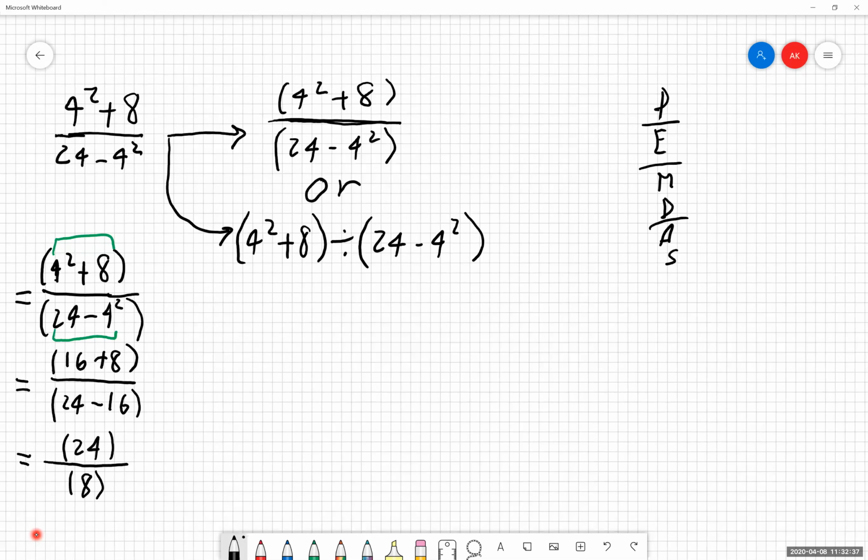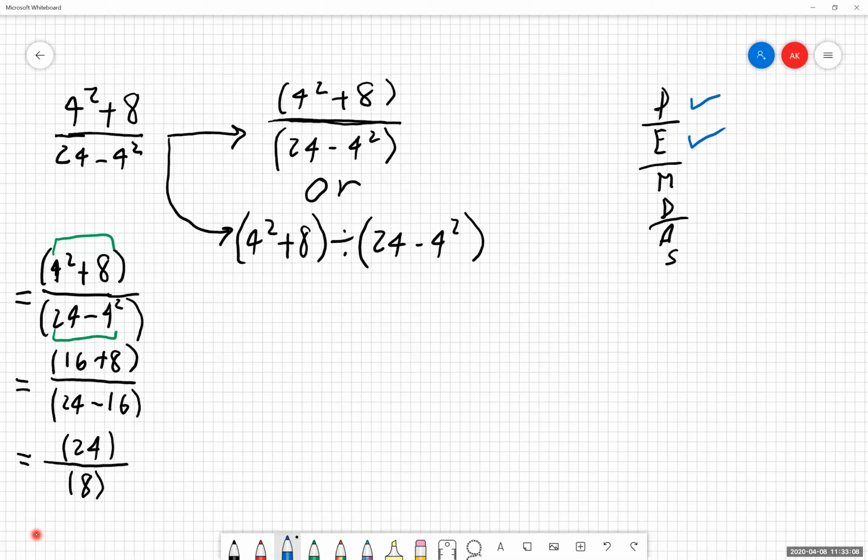And now looking inside our sets of parentheses themselves, I just have the number 24, and I just have the number 8. There's no way I can simplify just those numbers. So on my little checklist, I'm done with parentheses. I don't have any more exponents showing up, so I'm also done with exponents. Got a better check in there. Make sure we're checking that thing off correctly because it's a big deal. We're done with it.